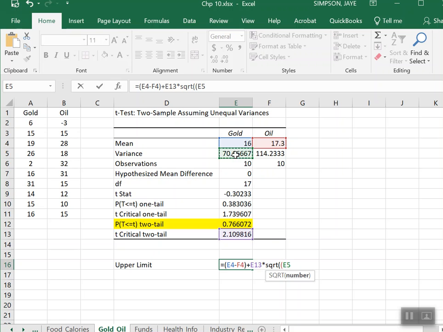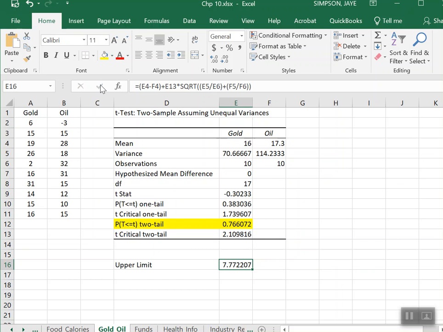The variance for gold divided by the sample size for gold, close one set of parentheses, plus, open a second set of parentheses, the variance for oil divided by the sample size for oil, close that set of parentheses, and now I'm going to close the last set of parentheses. So now it's taking the square root of everything within those outer parentheses. And so that means my upper limit is